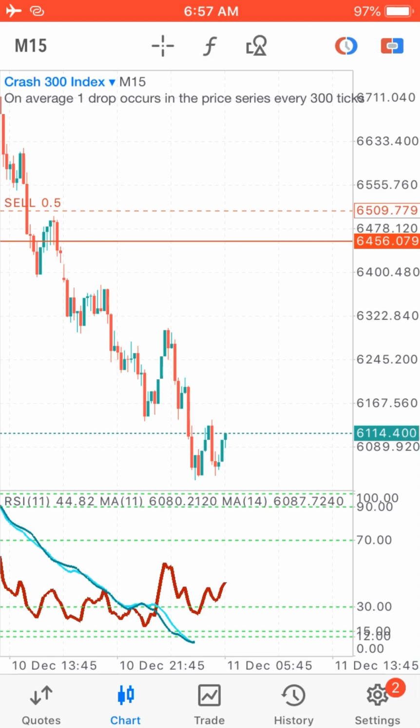On the crash, if it's an uptrend, it's not really advisable for you to go in and start looking for ways to catch spikes. Of course, you catch spikes, but those spikes, if it comes and you still hold on to it, might actually take the profit and still get you back to a loss, and won't get back to your entry. So you have to be very careful when trading the Boom and Crash. And also,